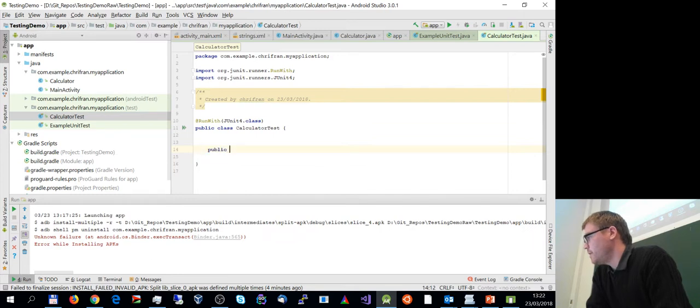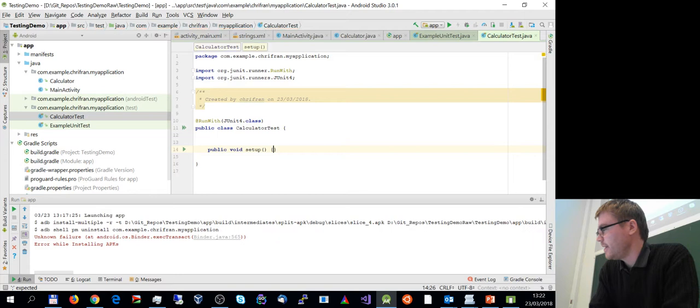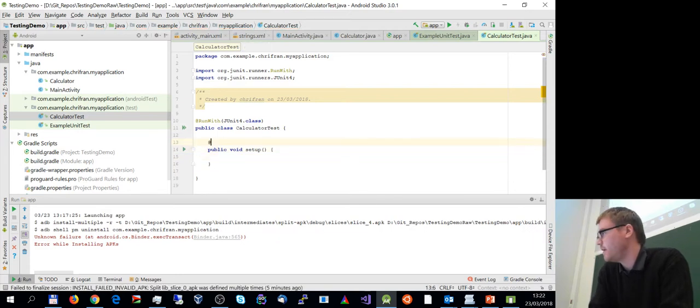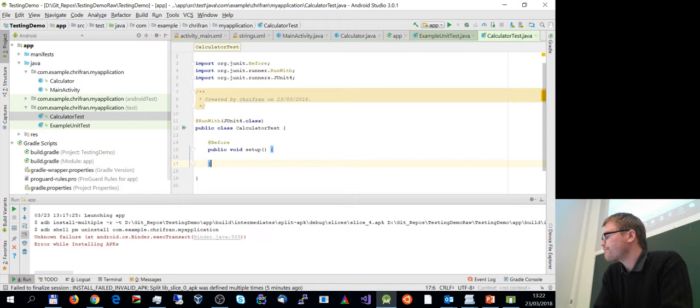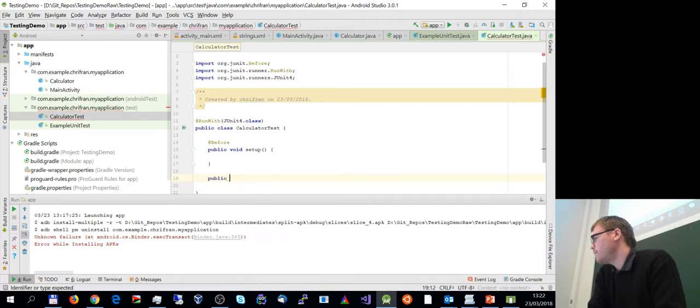One of them would be public void setup that basically specifies the environment. So you here use Java annotations to specify the role of the particular method in the framework, and then you just run the individual tests. So addition, for example,